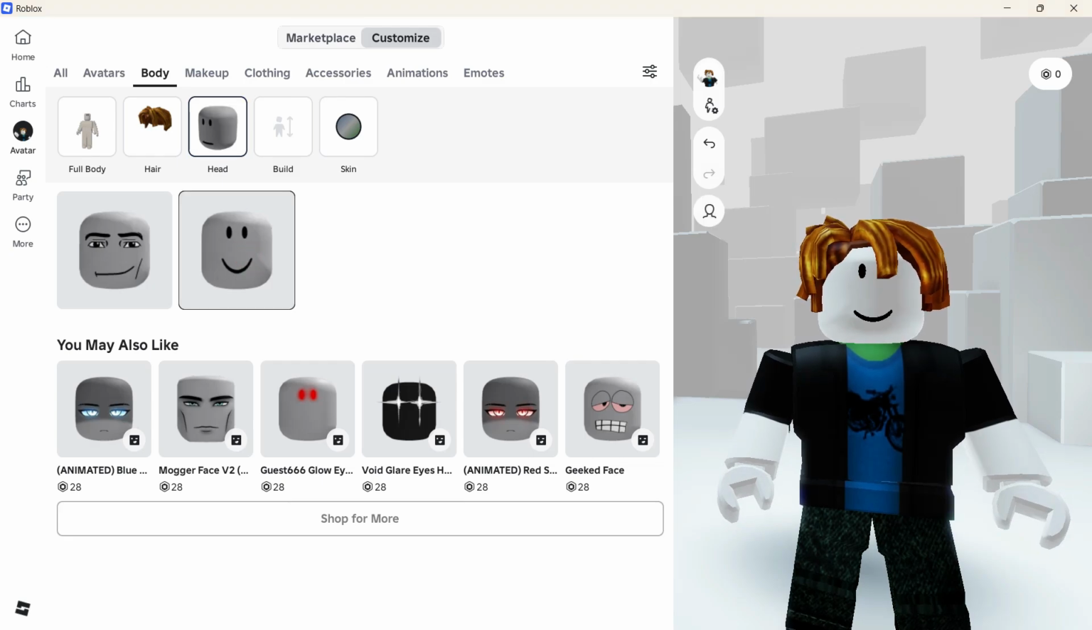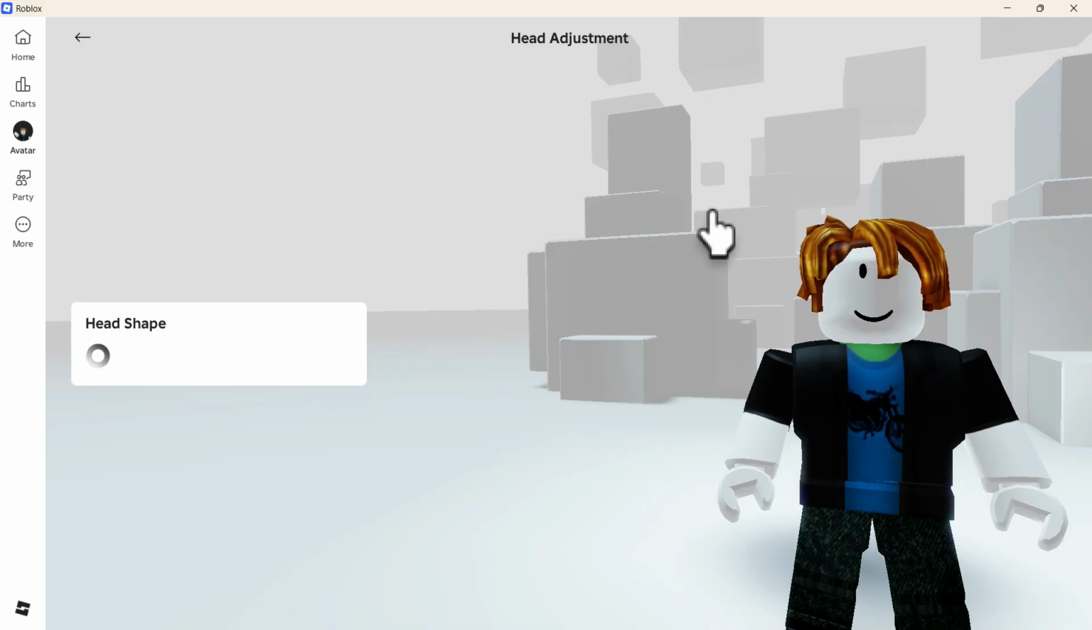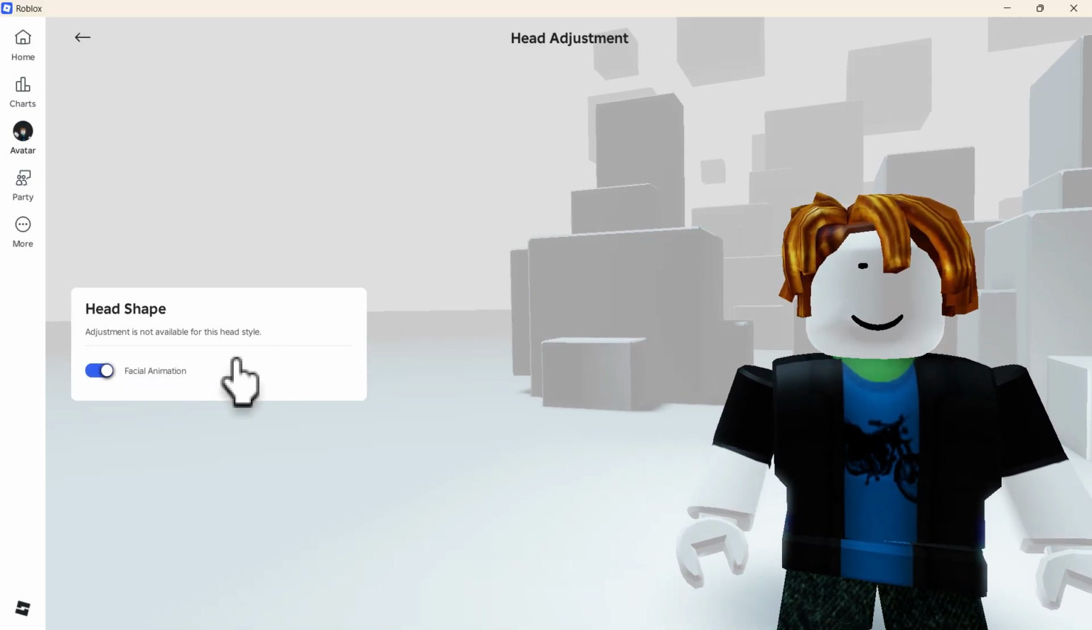Next, return to your avatar preview and tap on the face icon. Look for the head shape settings. In this section, you'll see an option called Facial Animation. Turn this setting off. Once facial animation is disabled, your avatar will use the classic version of the face instead